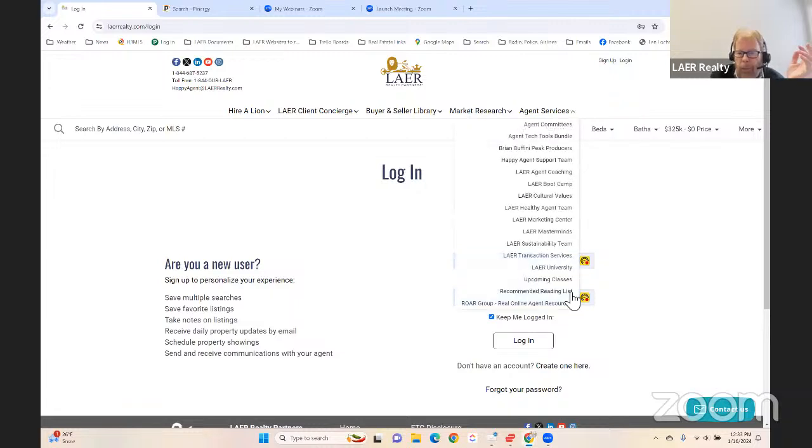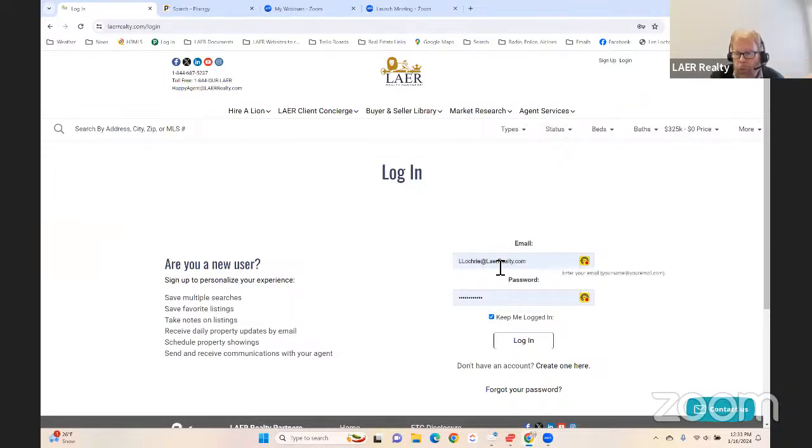You will put in your email, most likely your Lair email, and then a password. We would have set up a password when you first joined. If you do not remember your password, you can always put in your email and say, forgot your password, or email Happy Agent and we'll send you a password. So when you log in,